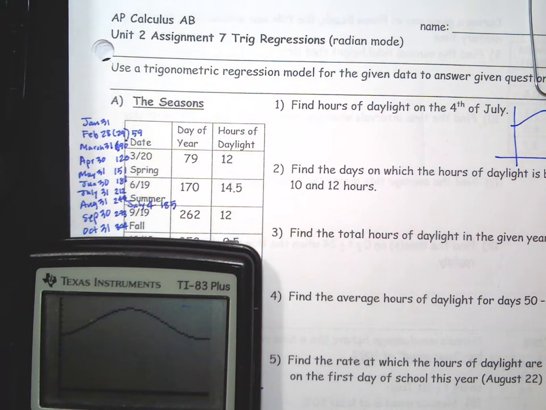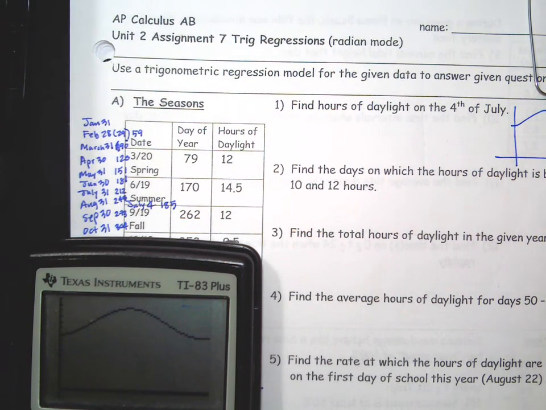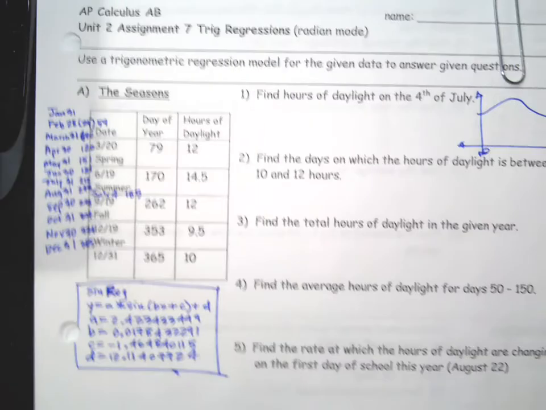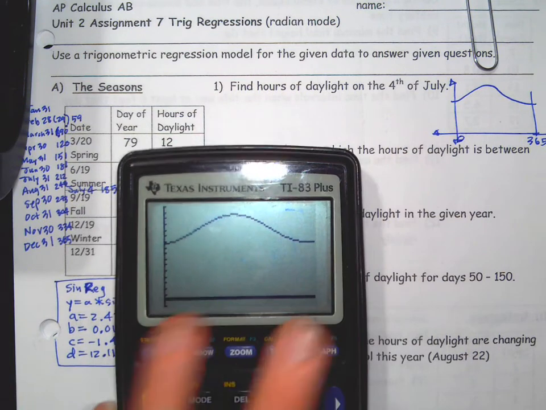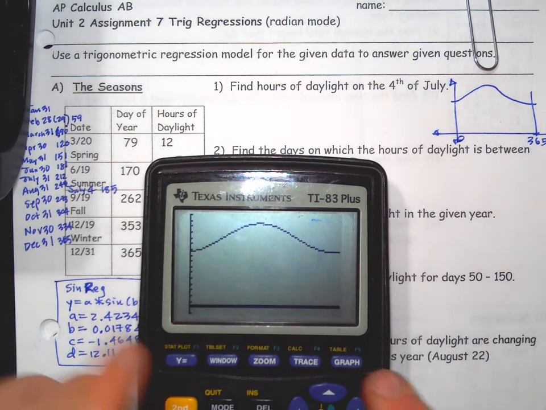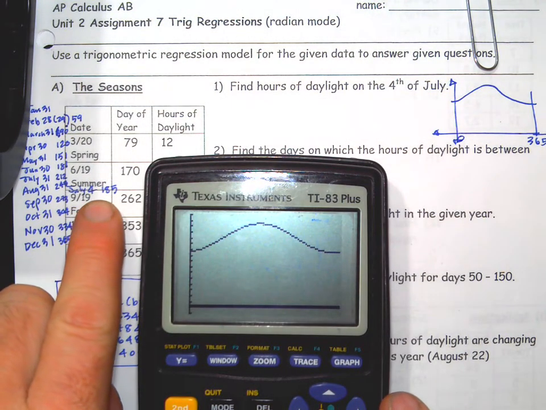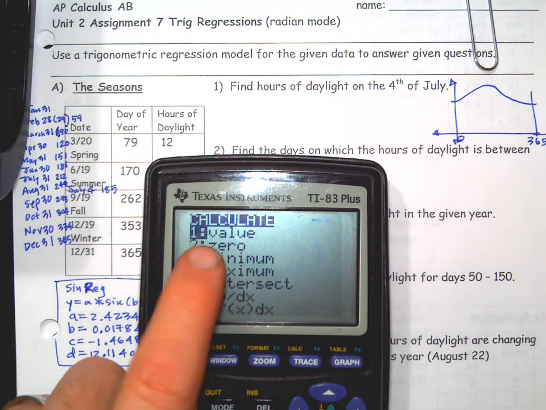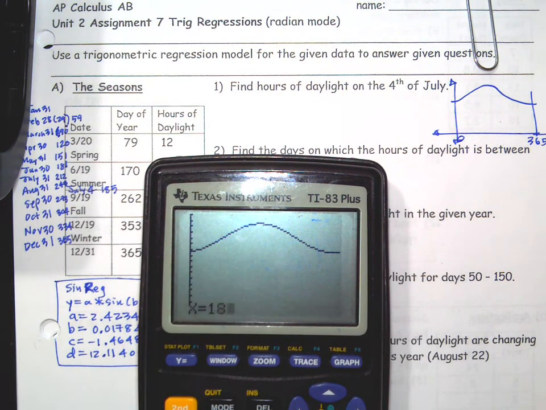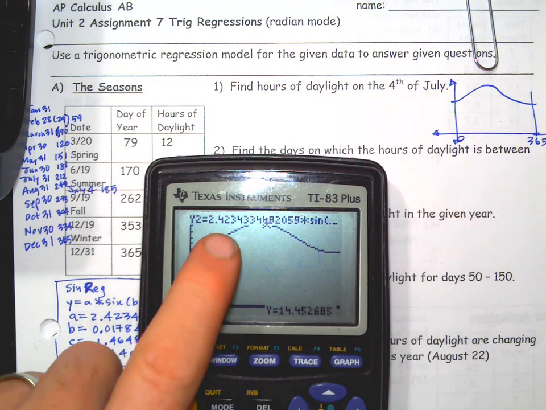Just a sketch. 365. And if your sketch is wrong, then that'll also tip me off that something's off. Okay? So I got a little sketch. And then it says find the hours of daylight on July 4th. So we figured out that that's day 185. Now, there's two ways to do this. You could go on here, second calc trace value, type in 185, and it tells you right there that,